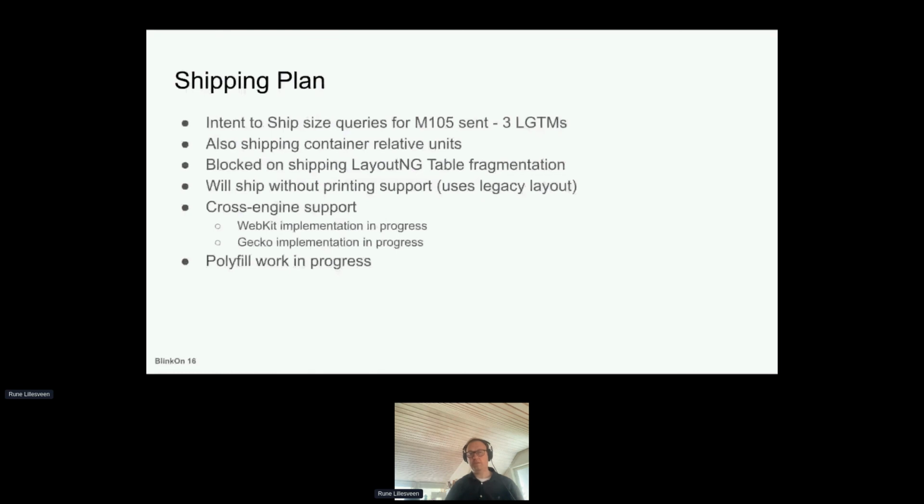It's currently blocked on shipping layout ng table fragmentation, but we have hope that that will be ready for 105 as well. We decided to ship without layout ng printing support because we thought it would be explainable to the author that it currently doesn't work during printing, and otherwise we would have had to wait quite a bit longer for the printing implementation in layout ng